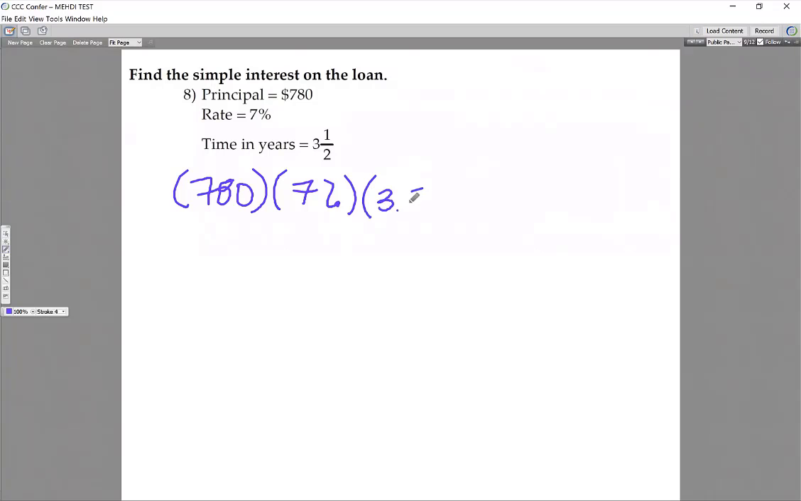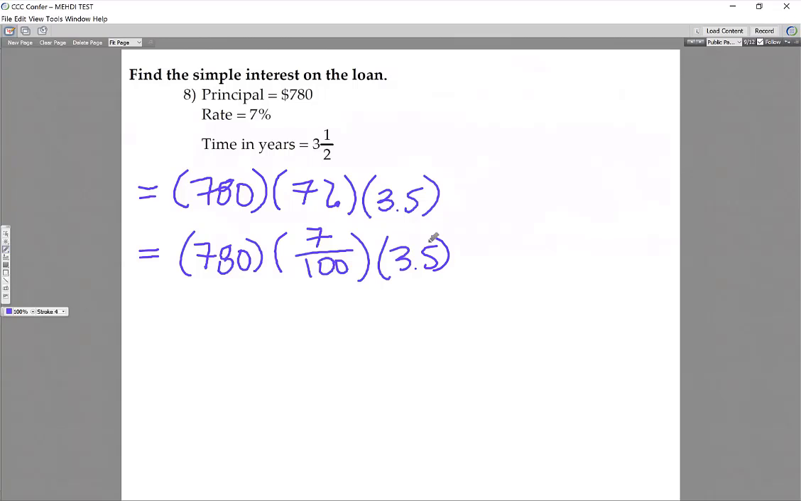So I'm going to convert that to a decimal to make it easier for the calculator. So 3.5. And we're going to multiply everything together. But before we can do that, we need to convert the percent, the rate, to a decimal. So we know that it's 7 over 100, right? Which can be converted into a decimal